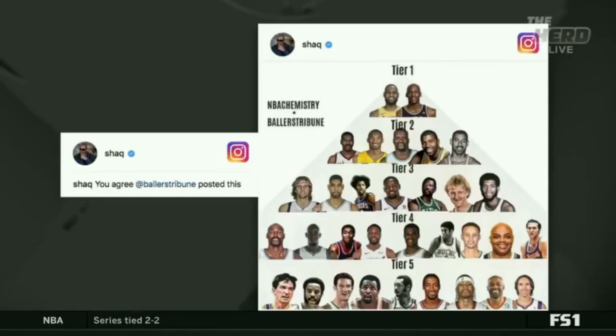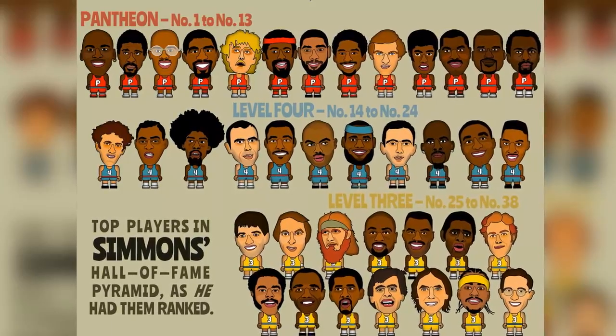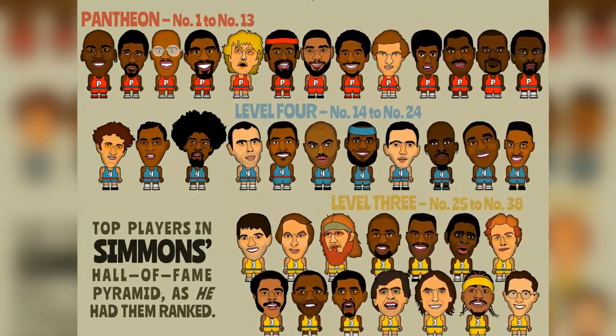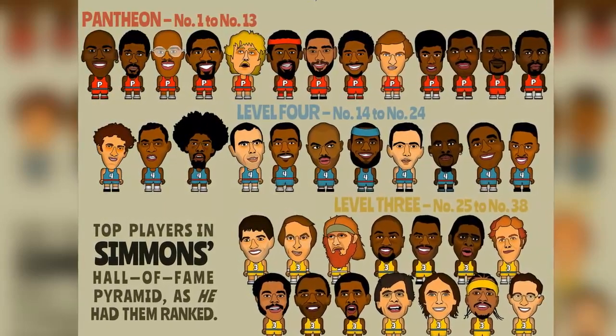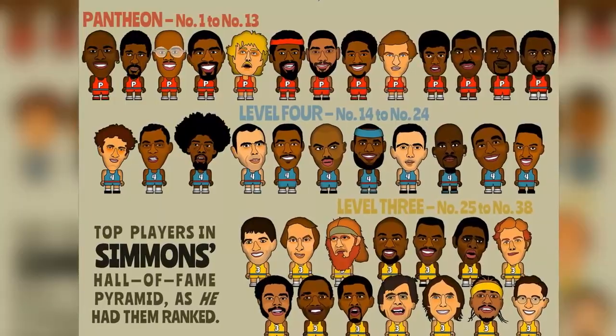Players listed in a pyramid formation, the bottom of the pyramid containing the most players, the top containing the least, and the greatness of these players in ascending order. Just to even make this pyramid, a player must virtually be universally regarded as a top 50 player of all time, some of which are up for debate and opinion.